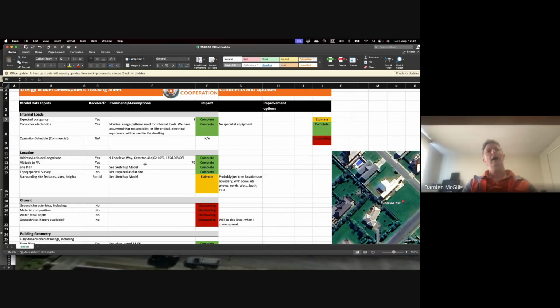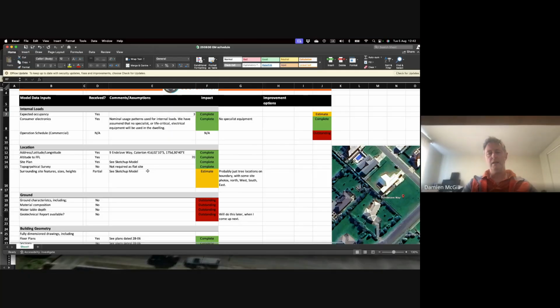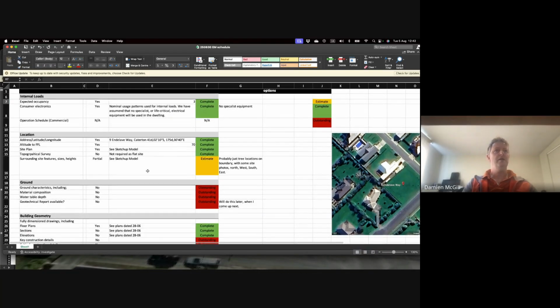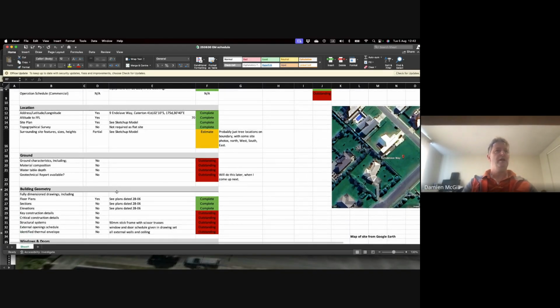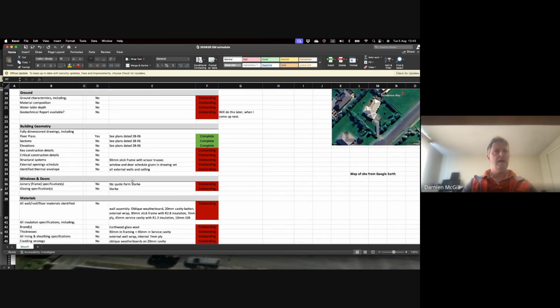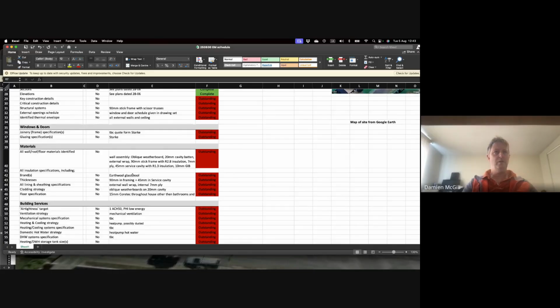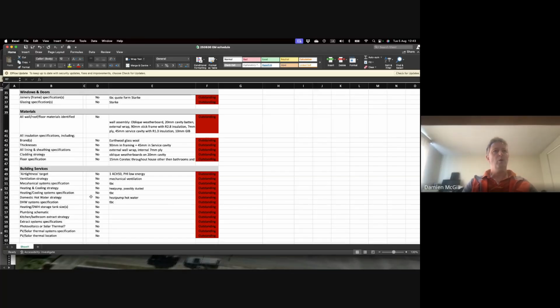What's there doesn't matter so much, but it's all about the building. There's a saying that all models are wrong, some are useful, and to try and make them useful you want a decent amount of information. So you're looking at all your building geometry, all your construction detailing, what your windows are, what your glazing specification is, what all your wall assemblies are, what all your insulation materials are, what's your air tightness strategy, what your ventilation target is, what all your systems are,